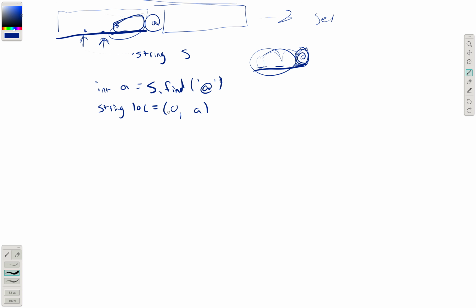Oh, wow, I wrote the syntax completely terribly. This is not how you get the substring. You don't just put the parameters in. You do s dot substr, and then you put 0 and A. Okay, and now to do the domain part, string